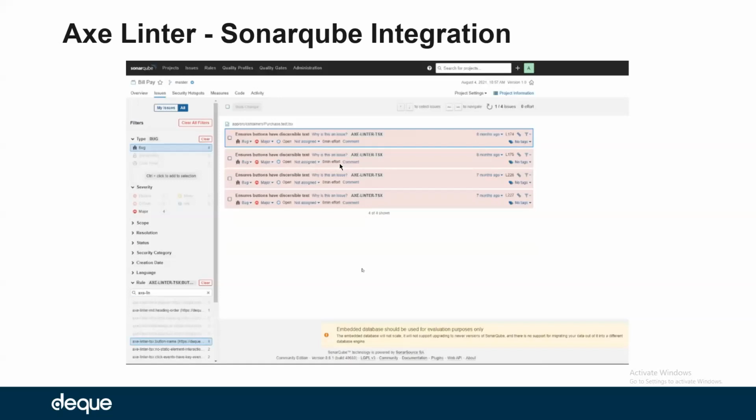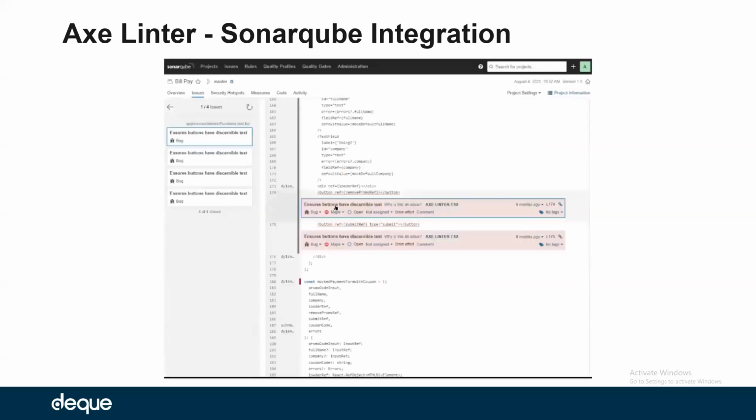And once you look at that issue, you can drill down further and even look at the source code, where exactly the code which is generating the particular bug or the problem, and you'll be able to review that. And you should be able to go to the link to your DQ University, where it will describe what that issue is and how to fix a particular issue. It will have the complete details, so you can go and fix a particular issue over there. Okay, so that is how Axe Linter server for SonarQube works.